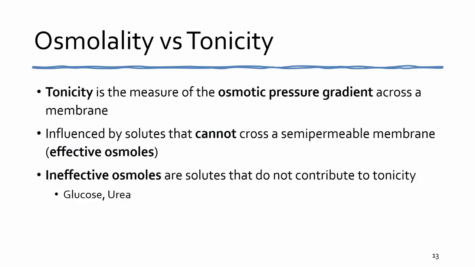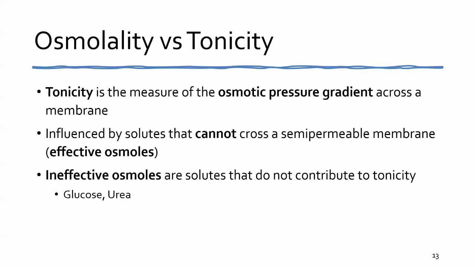And then the last one is just osmolality versus tonicity. So tonicity is the measure of the osmotic pressure gradient across a membrane. And this is influenced only by solutes that cannot cross a semi-permeable membrane, and these are referred to as effective osmoles. So just to give an example of why we actually care about these terms, so if we think of